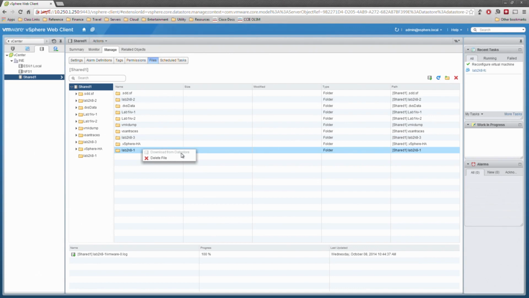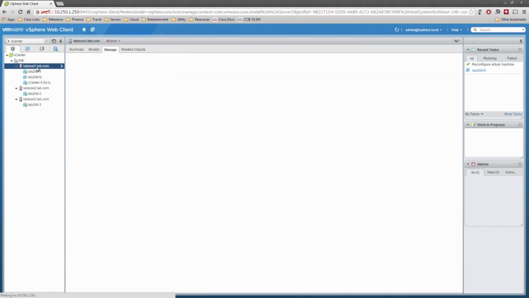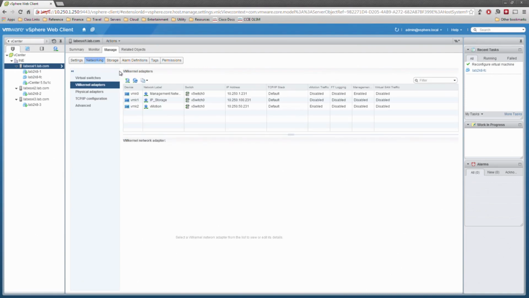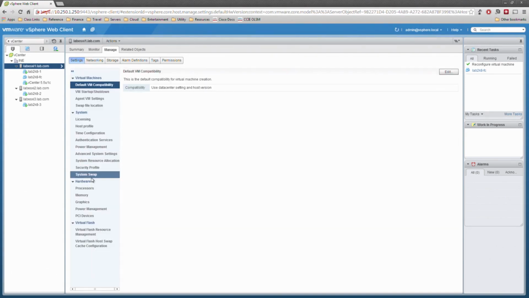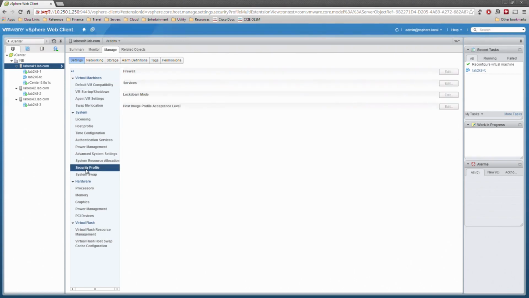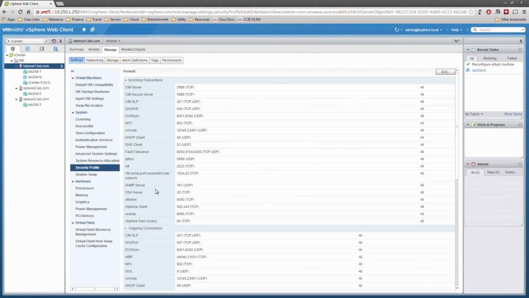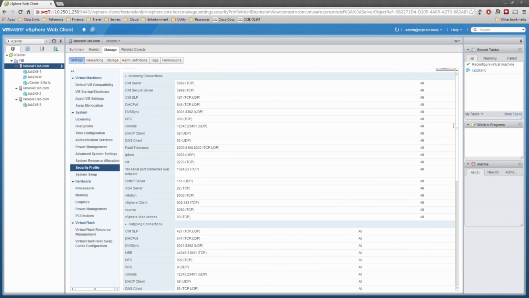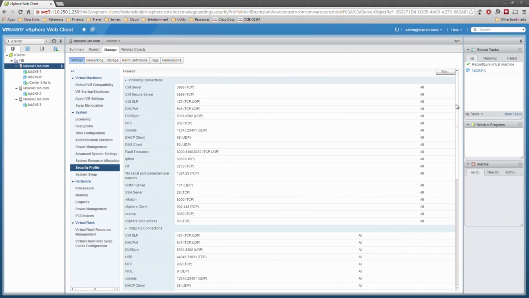So another thing we would do is turn on SSH for the host, okay? The way you can do that is if you come over here to one of the hosts. I never do it through here, I always do it through the console. It's easier through the console, but you can do it in here somewhere too. It's under settings, I think it's under security profile, I believe. Okay, this first part up at the top, by the way, is to configure the host firewall. And this is some stuff we're not